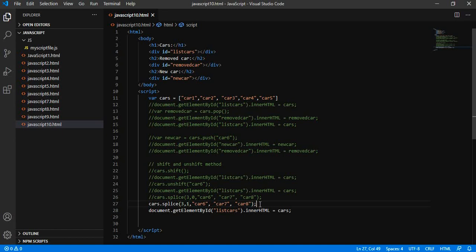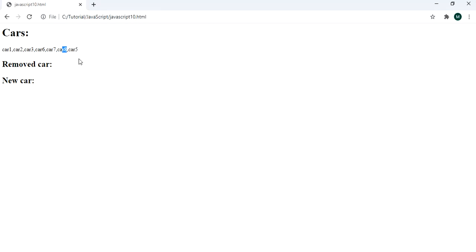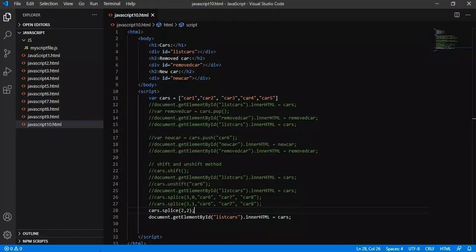What if we are not going to add anything? We are just trying to remove elements, starting with, suppose, 2, and remove 2 elements. Then what will happen? Starting with the index 2, remove 2 elements.